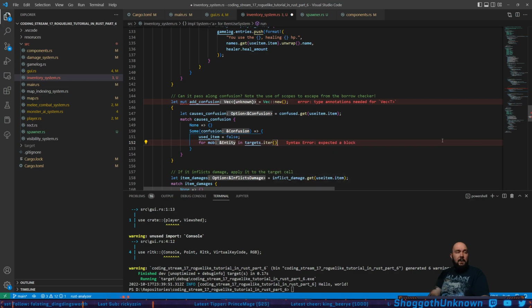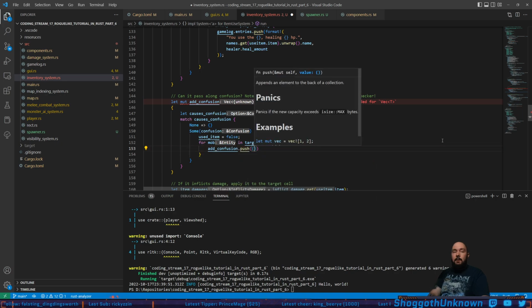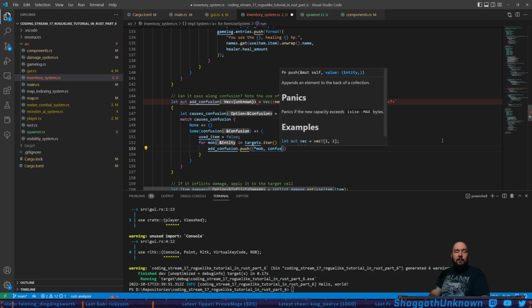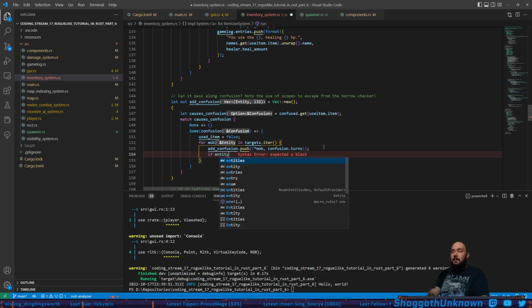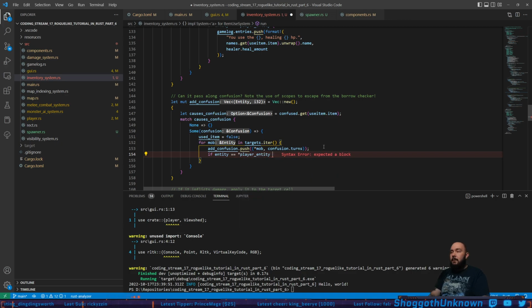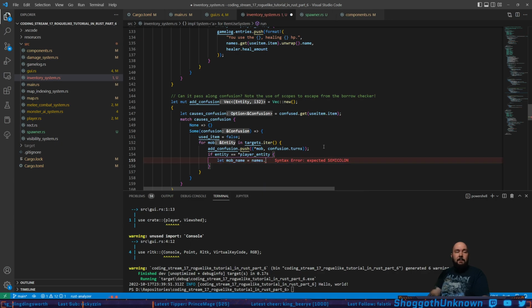So for mob in targets.iter, add confusion dot push mob, confusion dot turns. So we're actually putting a tuple in for how long they're going to be confused. Then if entity equals player entity, let mob name equal names.get